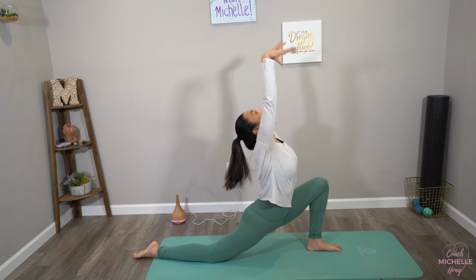I'm getting deep into the inside of my thigh, my groin area. This has to be stretched out to have a fully extended Chinese spiral. Breathe in through my nose, out through my mouth. And then we're going to transition into